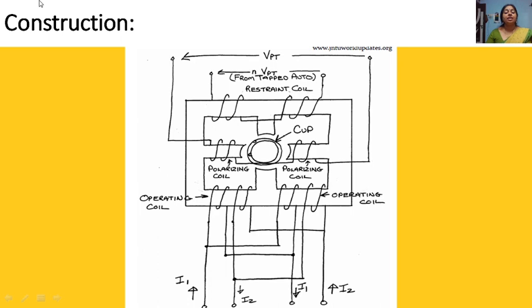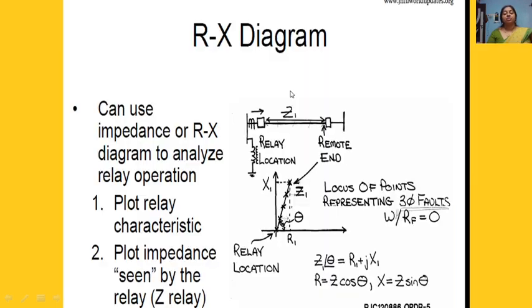Now we will see the construction of the distance relay. They have usually an induction cup design. This is the induction cup structure. In our first lecture we have seen this. Two poles have the polarizing quantity, while of these two poles, one has the operating coil that is from the current transformer, while the restraining coil gets voltage from the potential transformer. This is our induction cup type construction.